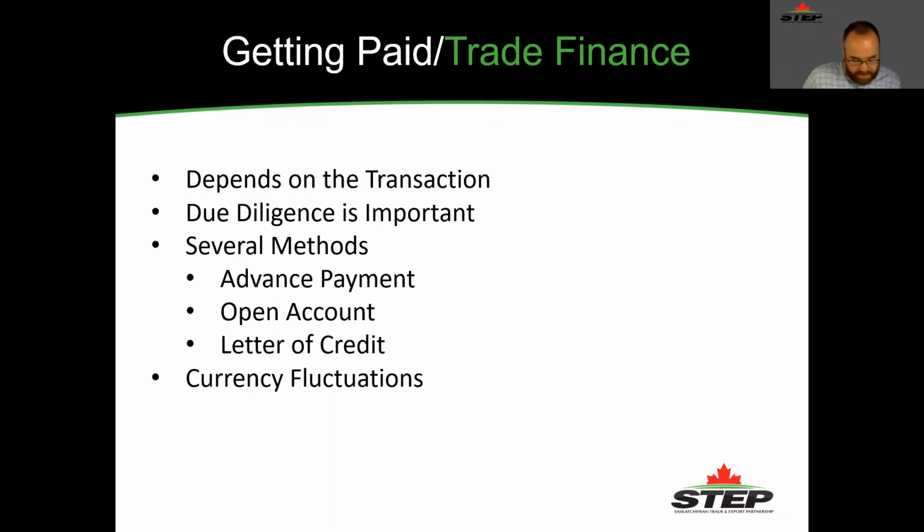So there's several methods of getting paid in exporting. In a perfect world, you get advance payment, the buyer gives you money, and then you send them the product. That's not always the case in many markets, especially the US. If you're selling commercially in the US, a lot of people don't want to pay you right away. They'll do terms. So open account, they'll give you 30, 60, 90 days. Someone might want 90 days or even 120-day terms. And so that way you're hoping you get paid, and you probably will, but you know, there's no way of guaranteeing you will. So that's where something like a letter of credit comes into place.